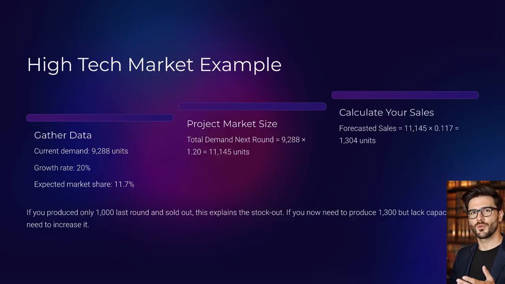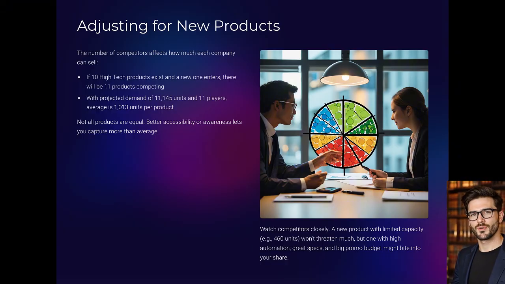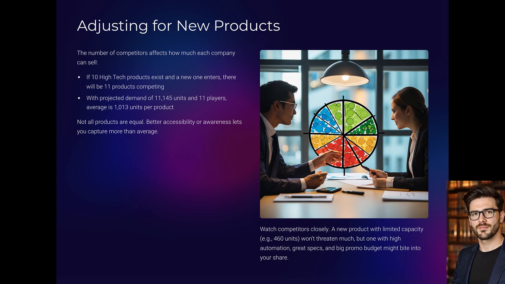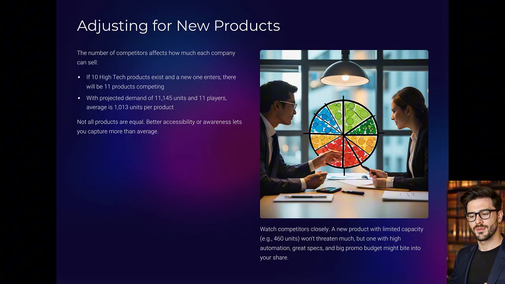Part 4, Adjusting for new products. Here's something many students overlook: the number of competitors in your segment affects how much each company can sell. For example, if you currently have 10 high-tech products in the market, and you learn that a new product will be introduced next round, there will now be 11 products competing for demand. That changes the math. If total projected high-tech demand is still 11,145 units, and there are now 11 players, that gives you an average of 1,013 units per product, assuming equal